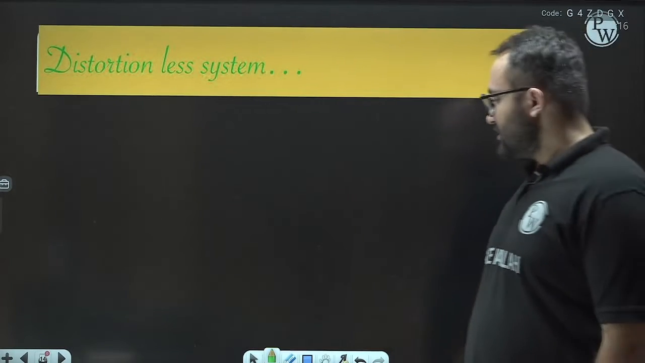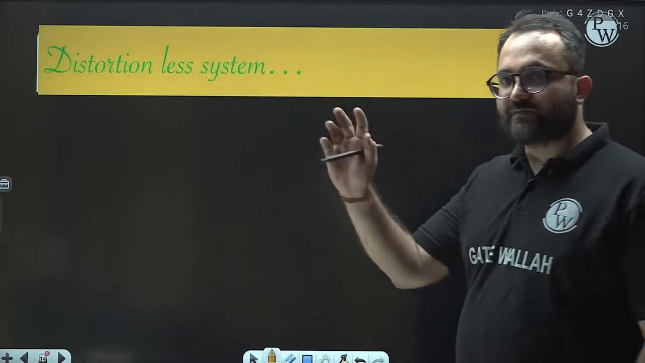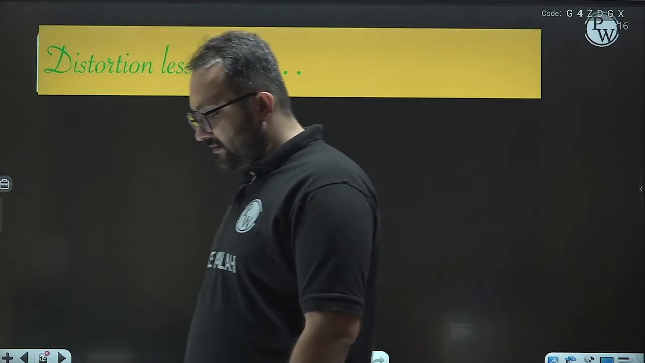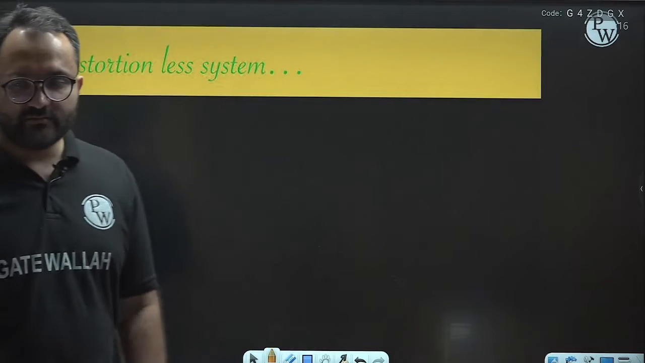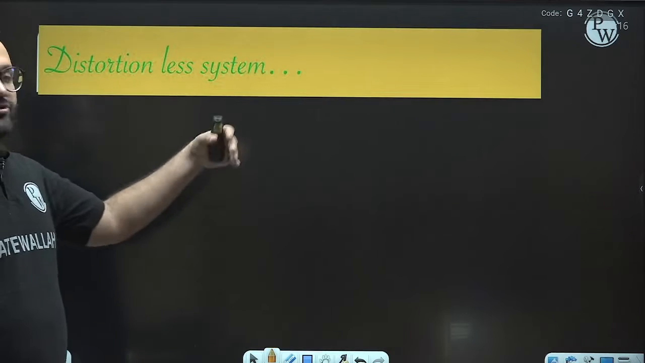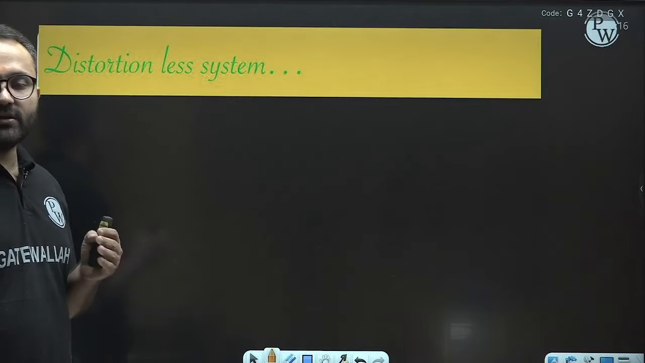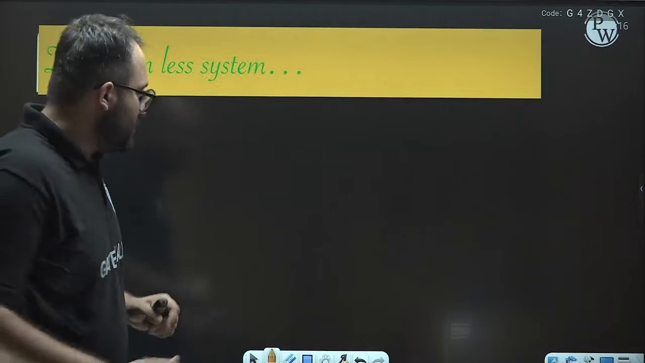So distortionless system means whenever any signal passes through a system, then the output should be distortionless. That is, the system does not distort the signal. Now what does it mean? It means that